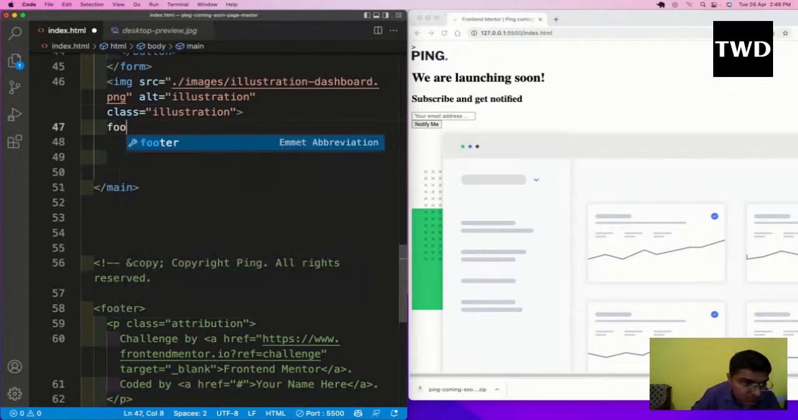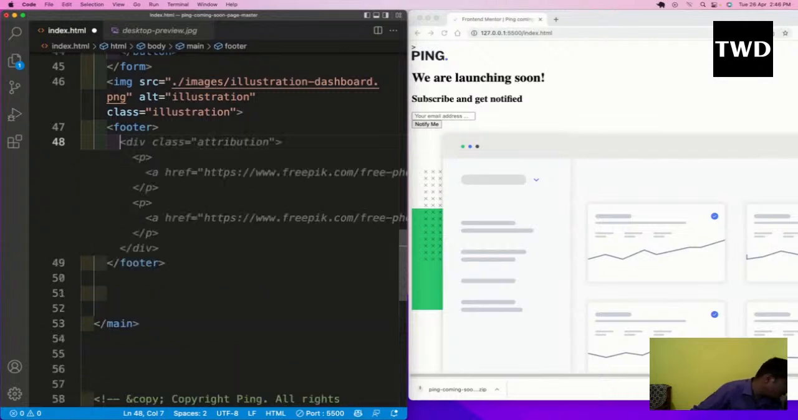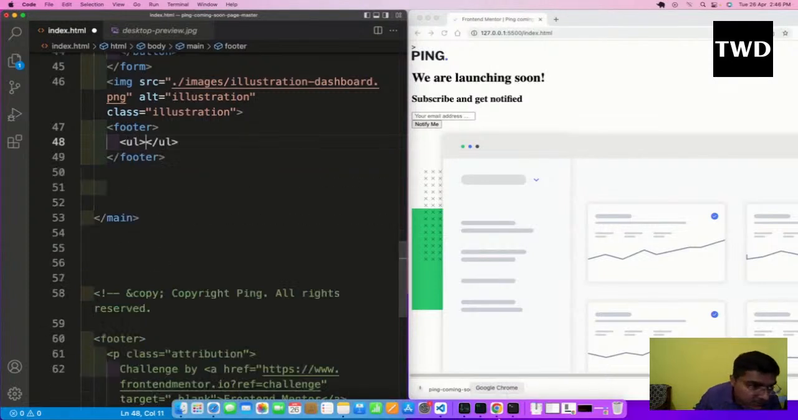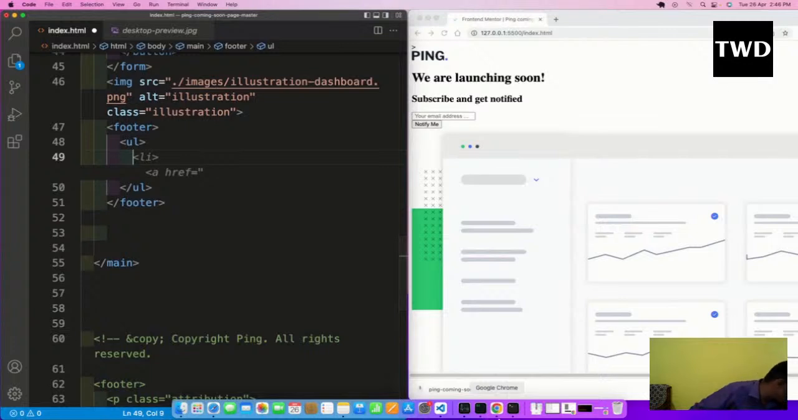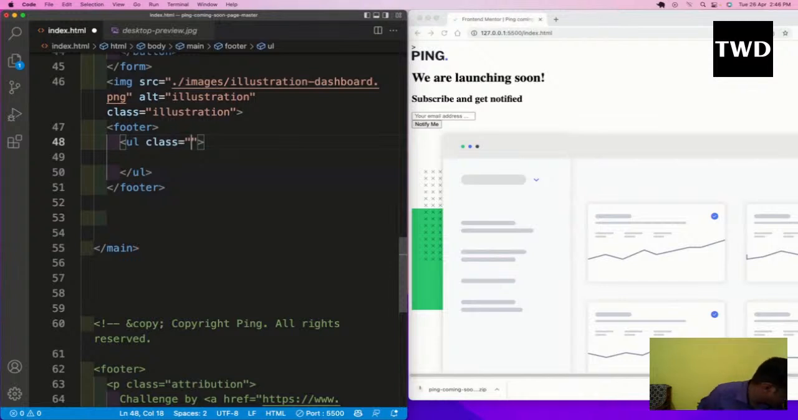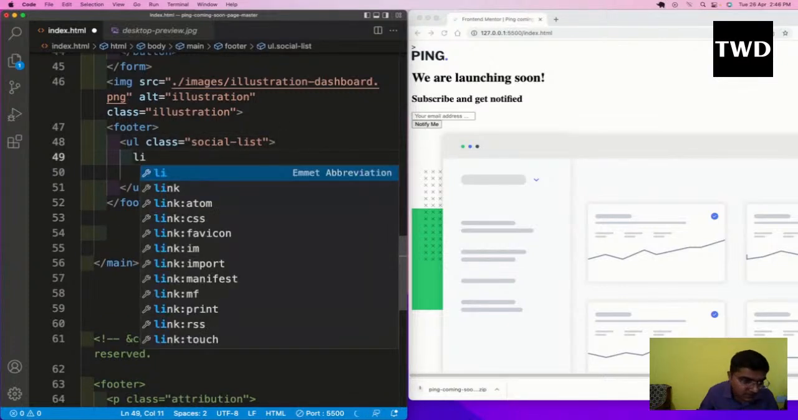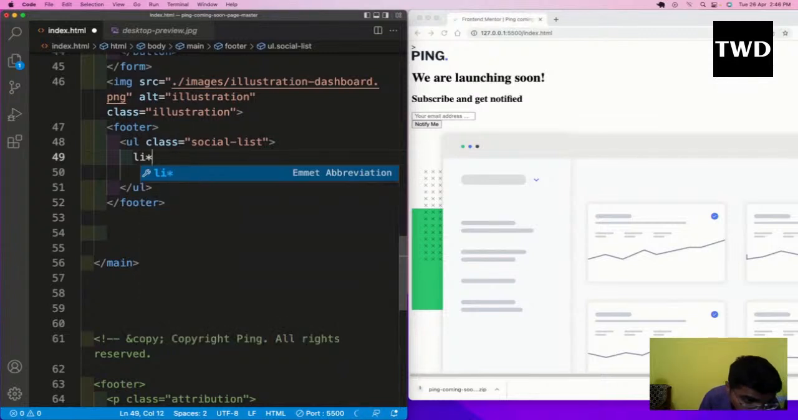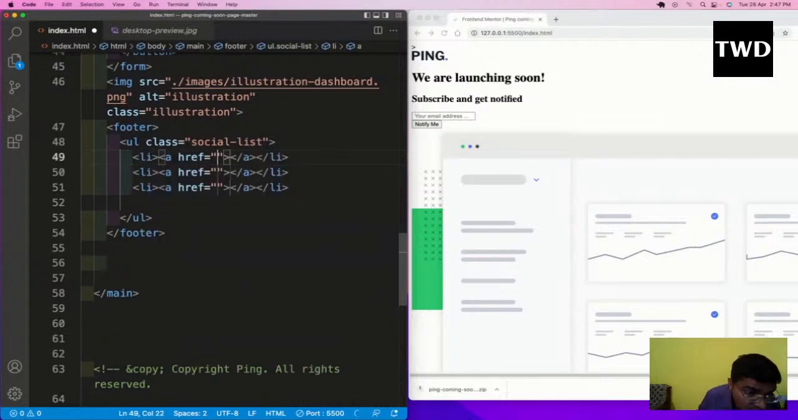Where is the cursor? Inside this footer, let's have an unordered list. Inside this unordered list, let's have a class. The name of the class, let's have social list. So inside this, let's have li, li into 3. Yeah, fine, perfect. So we have a link tab here with